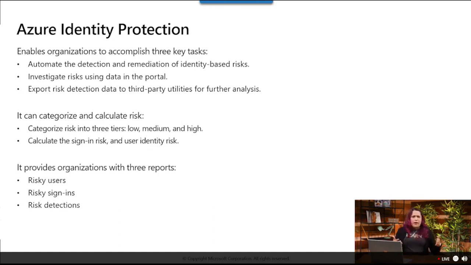So let's say you have a user signing in from a different location than normal, or you know that credentials have been leaked. Azure Identity Protection can trigger different actions like MFA or block their account until an admin can review it. Azure Identity Protection can also give you 3 different reports that are a really handy tool